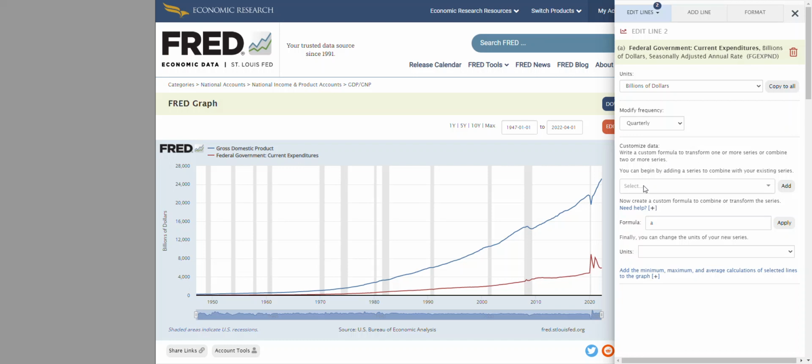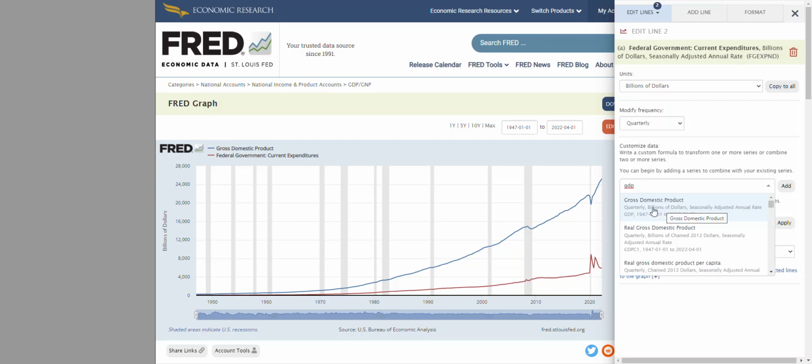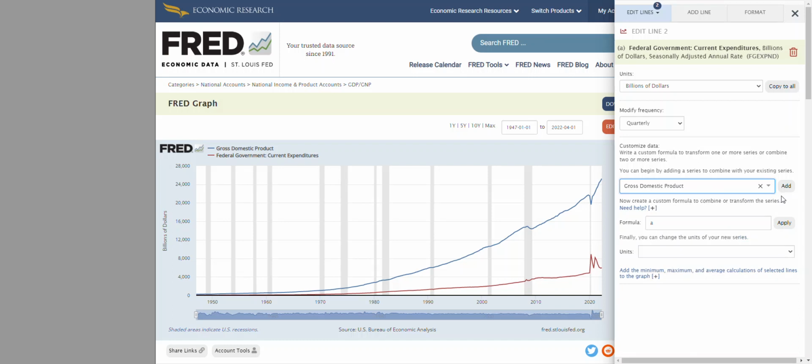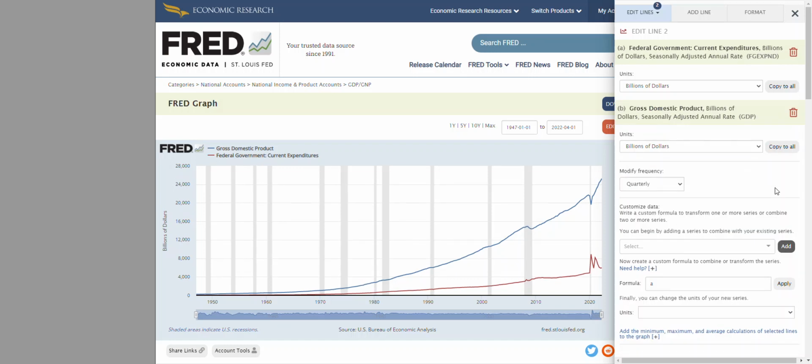So I'm going to go in here, add a series to combine, it says, and I'm going to type GDP. Now it's the same search we got before. We know that it's this particular one that we want, which is gross domestic product. That's nominal. And we want to add it. We'll click on that. Now notice line 2 is still the primary line, federal government current expenditures. Nothing changed. But in this, I have line A, which is my G, and I have line B, which is